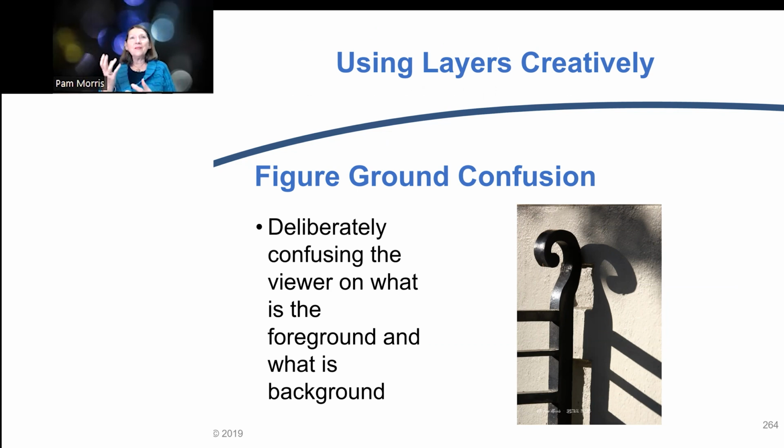And this is a really interesting concept. It's called figure ground confusion. And we often see it, graphic artists do it. You must have seen those graphic arts where you're not sure you're looking at an old woman or a young woman, because you're not sure what the foreground is and what the background is. It's difficult to do in photography because it's hard to find in real life, this figure ground confusion of what's the background, what's the foreground, what's the midground, because your eye tricks you. But it does provide a really intriguing image. So if you ever see that figure ground confusion in real life, photograph it, because it does